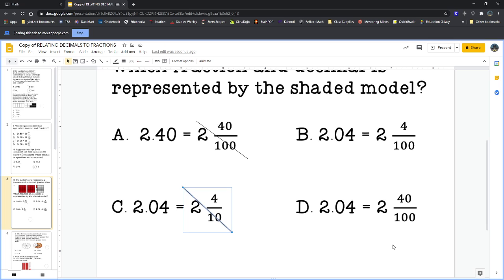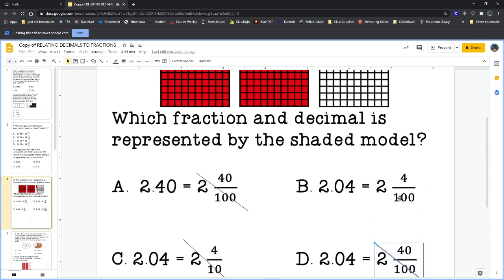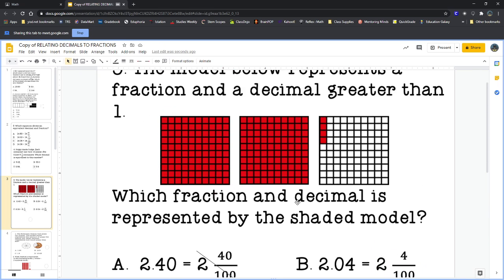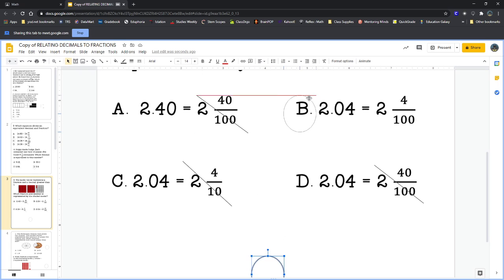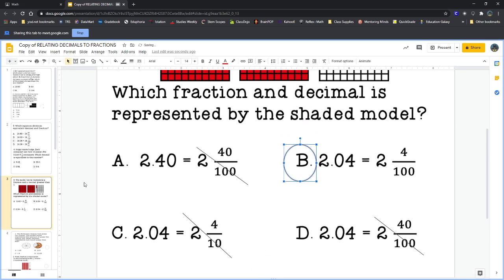What about the last one, Alexa? 2 and 40 out of 100. If we took away the 0 from 40, it'd be good, but it's not. There's only one fraction that matches our model. 2 and 4 out of 100. So my answer should be